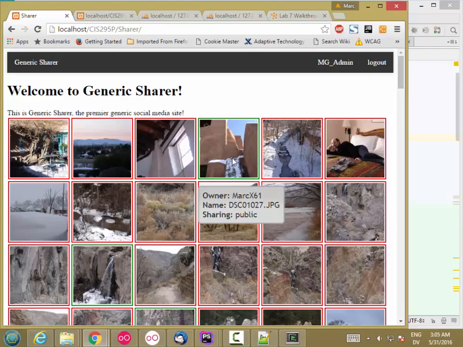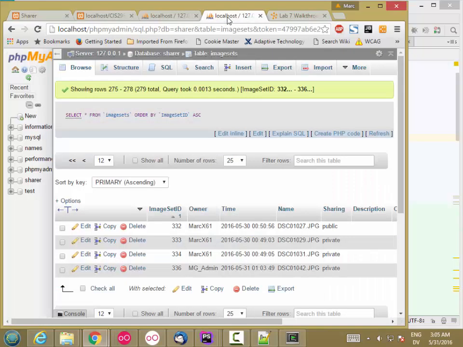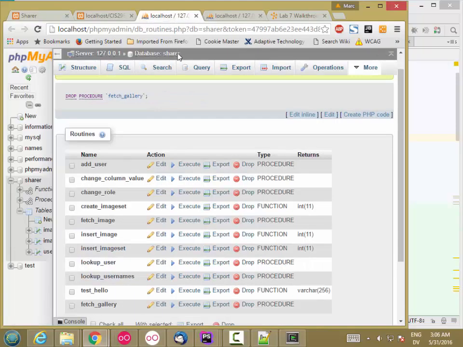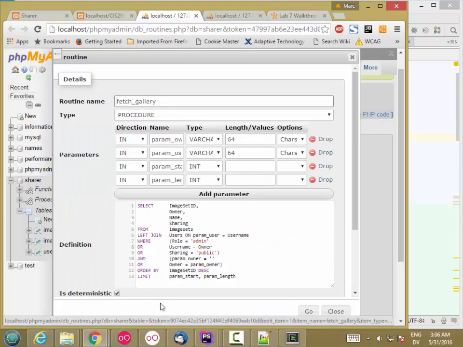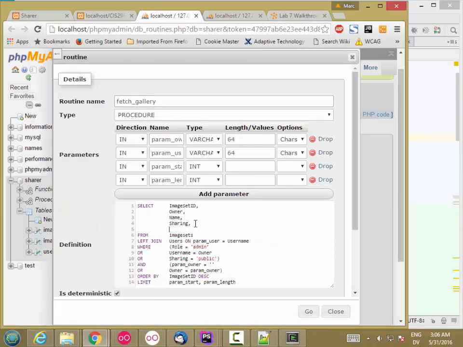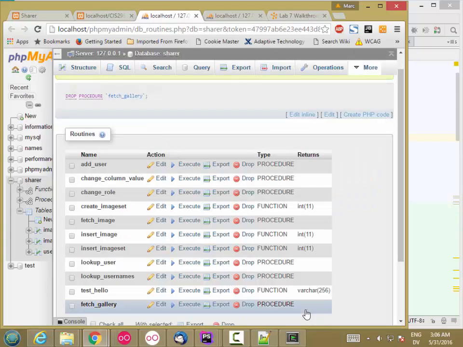So before I do that, there's one change I want to make. If I go to the stored procedures and edit fetch gallery, I want to add description to the select clause here because this will give me everything I need to display my image view. So I'm going to say go here,